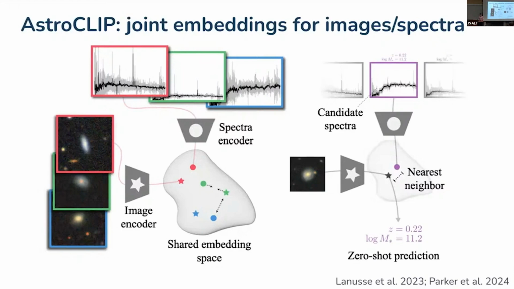Yeah, so in this case, at least in this figure, it's just indexing and grabbing another spectrum. So it's not really prediction so much as just grabbing the nearest neighbor. There are versions of this. So, are people familiar with normalizing flows? No. Okay. So you can imagine that there's another thing which, instead of having the spectra encoder as just this one-way encoding,